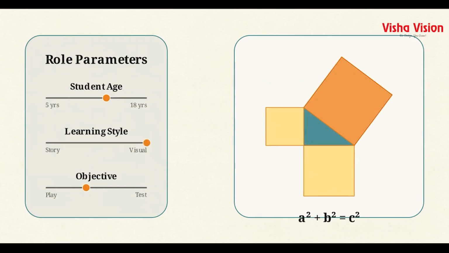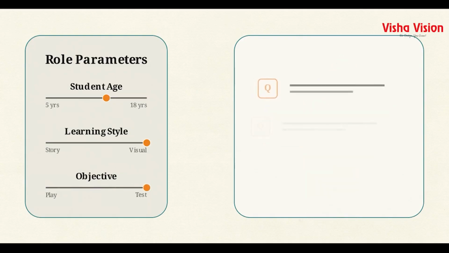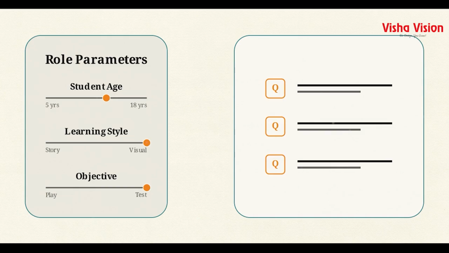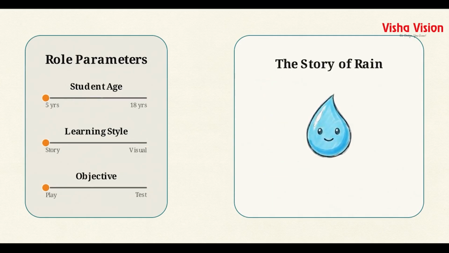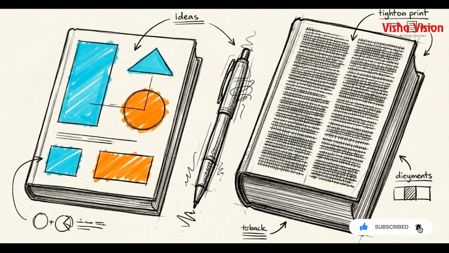Adding a modality constraint, such as teaching the Pythagorean theorem specifically to a visual learner, causes the AI to prioritize spatial relationships and geometric descriptions. Changing the objective to an exam expert generating Q&A pairs for a test removes the narrative flow entirely, replacing it with a study-optimized list. A kindergarten teacher persona explaining rain reduces complexity to its minimum using basic storytelling. Defining the exact audience dictates both the linguistic complexity and the structural formatting of the AI's response.